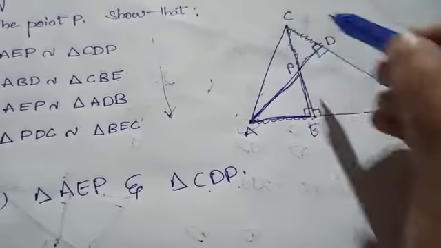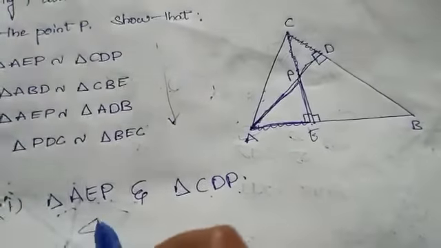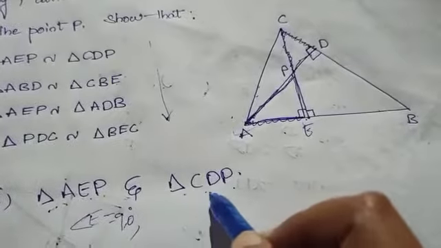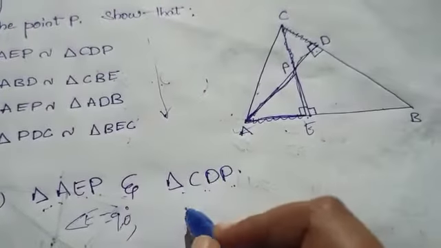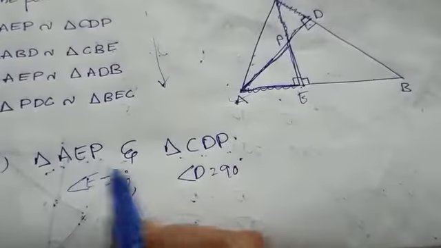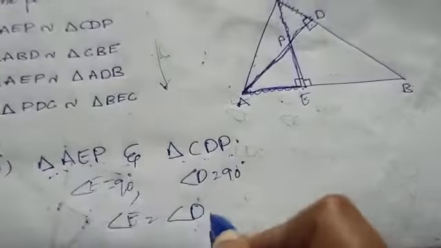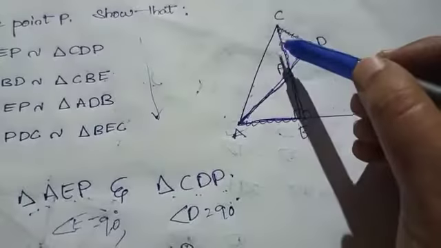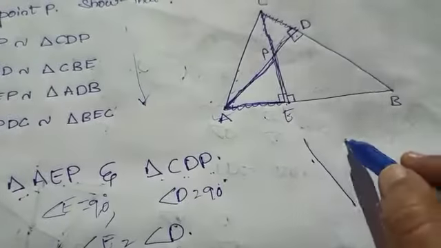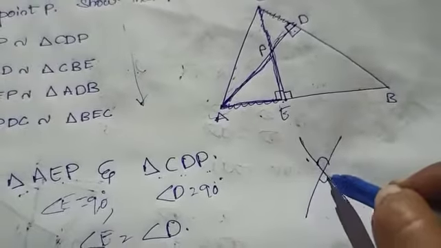Here in triangle AEP, angle E equals 90 degrees. In triangle CDP, angle D equals 90 degrees. In these two triangles, angle E equals angle D. See here, two lines are intersecting. We know that when two lines intersect,